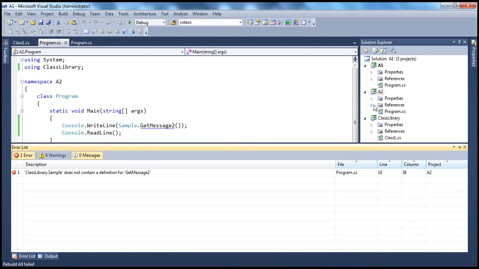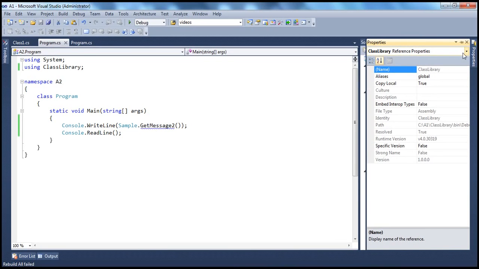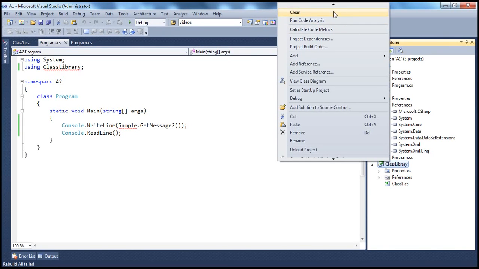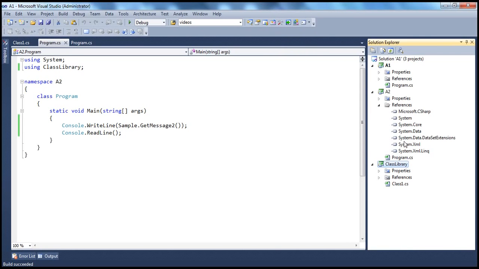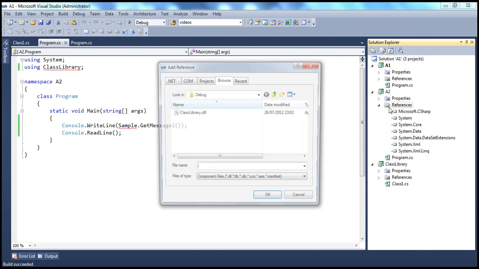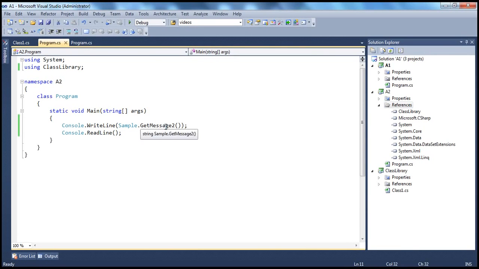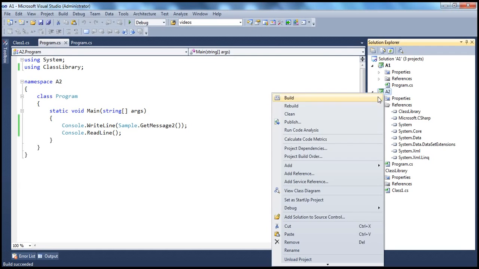let's see. Let's get rid of this one. For some reason it's giving an error. But let's build this project. So we build the class library, and then let's re-add the reference. And now sample.getMessage2. So now if we build the solution and go into the